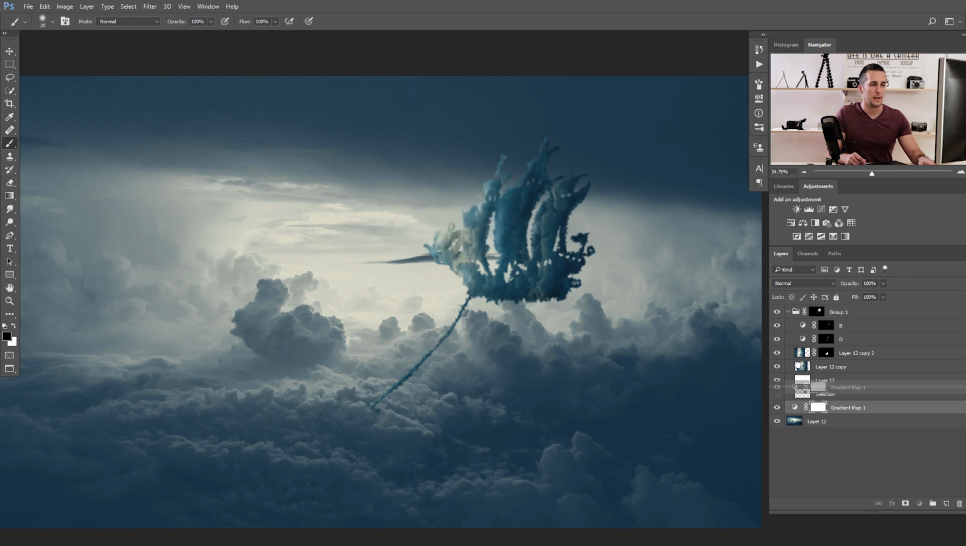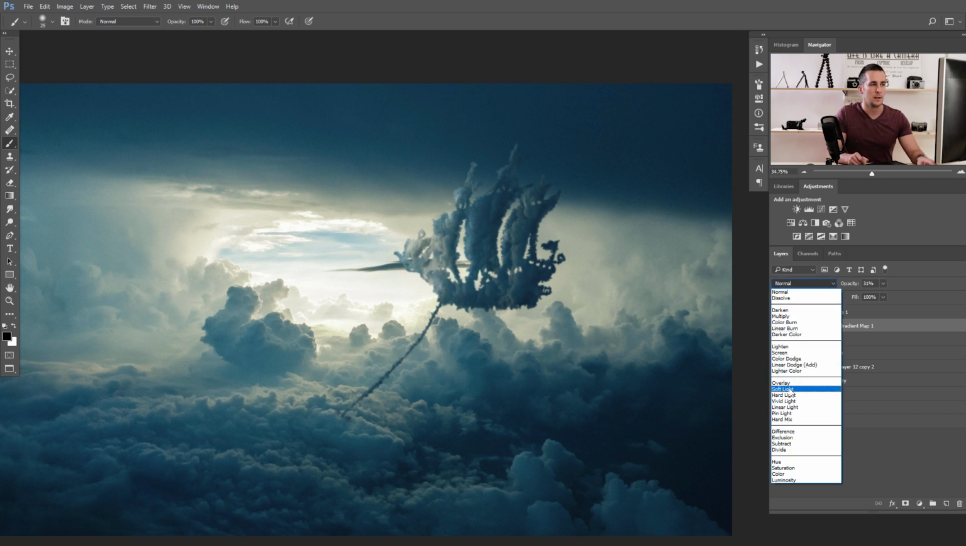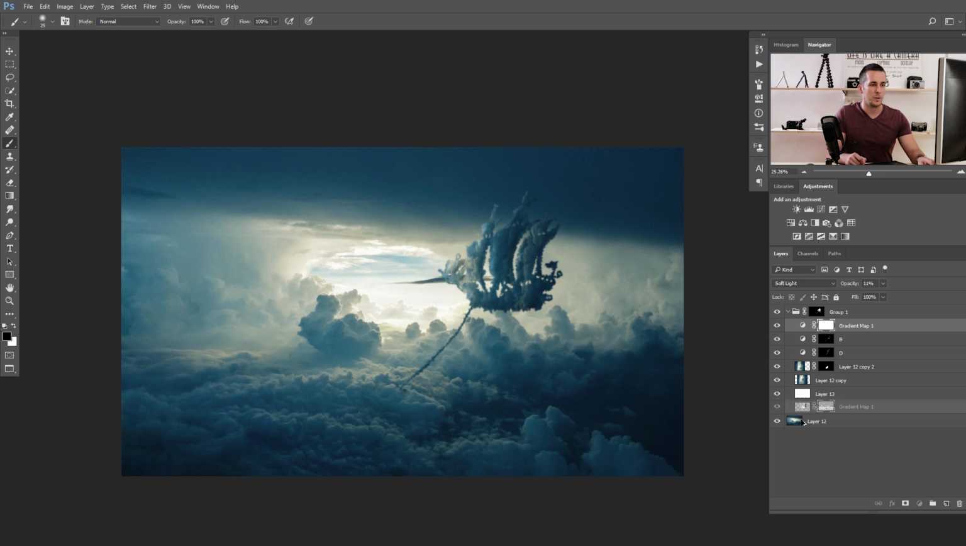Oops, I don't want to replace layer mask. I just want to put this here and then lower the opacity to just fix this colorization of the shape. Maybe I can put it in a soft light blending mode to have more contrast, and something like so. Then I can duplicate the same layer, put it right here, put it in normal blending mode, and bring the